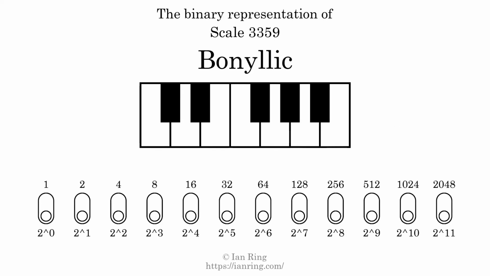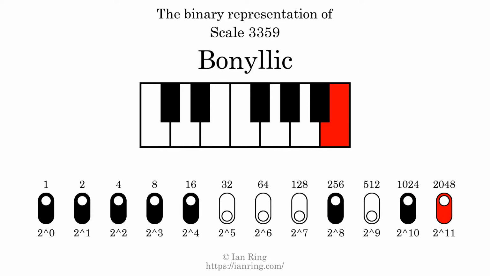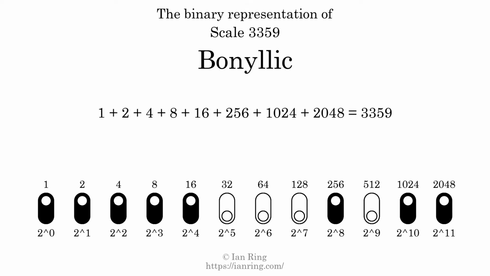The binary representation of this scale is determined by mapping tones of the scale to binary digits. Each binary digit represents a power of 2. To get the scale number, we add the powers of 2 together. The powers of 2 that are present in the scale, all added together, equals 3359. That is why the scale number, in decimal, is